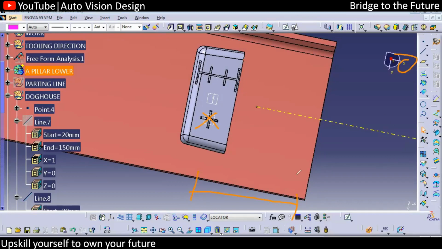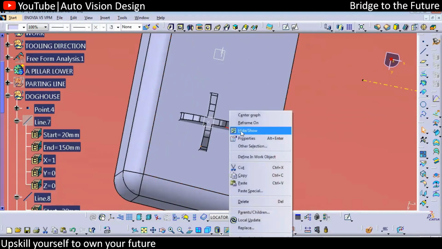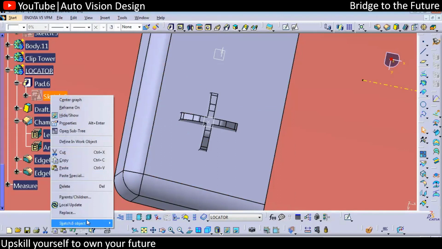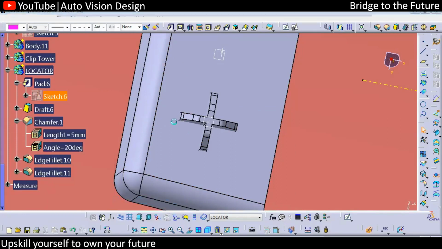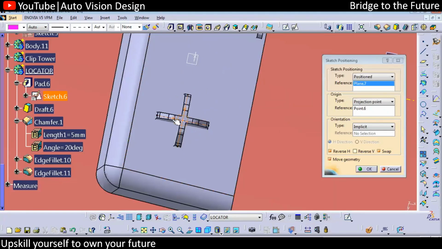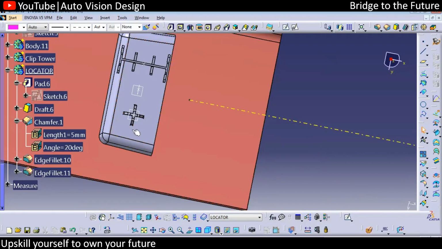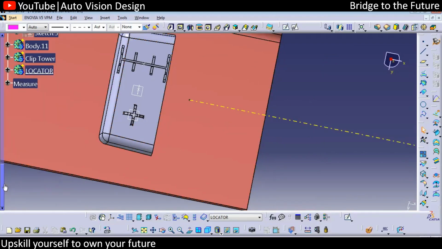Whatever you have created does not get aligned. In that case, you can simply check the sketch you have with respect to that. You can click on the sketch, go here, change the sketch support, and select this particular vertical, so that you can align it with a parallel line to this. So it will be aligned now with the vertical. As any angle is changed in this direction, this is also going to rotate. So this is going to align the locator in this case.